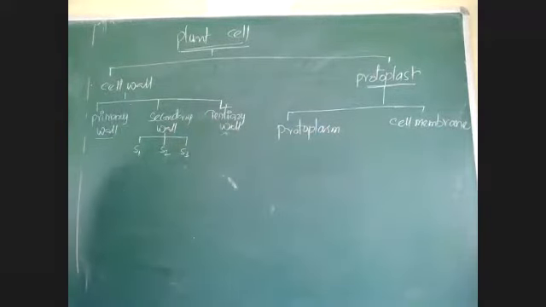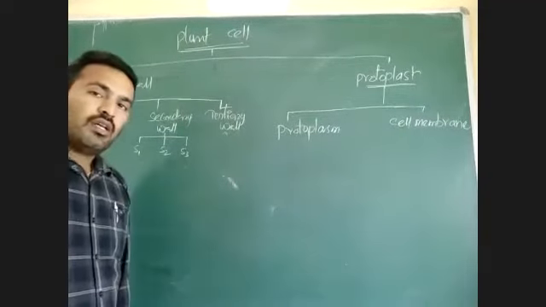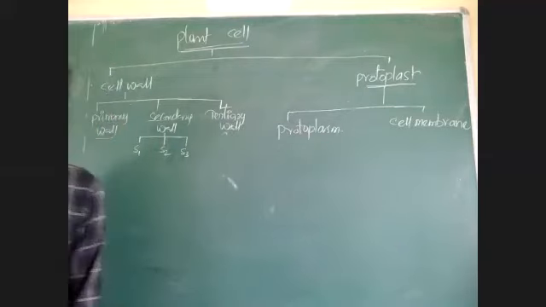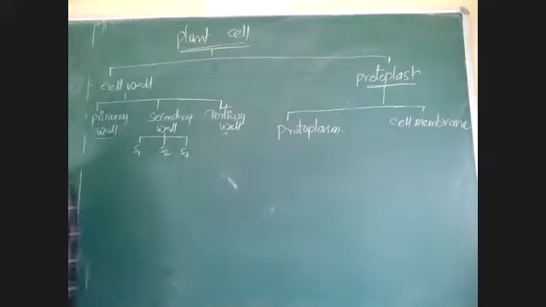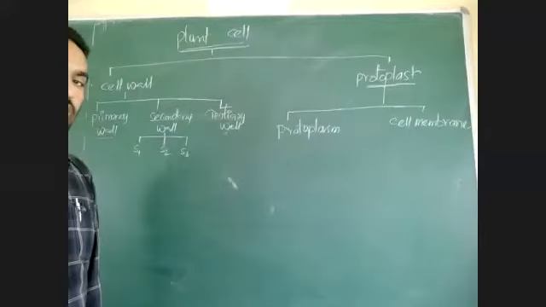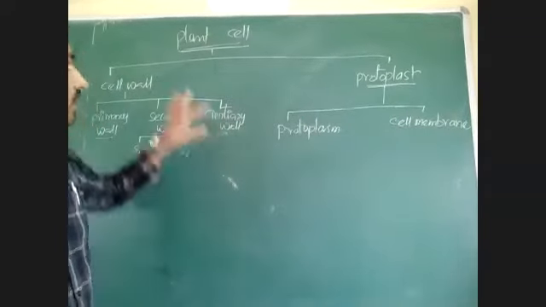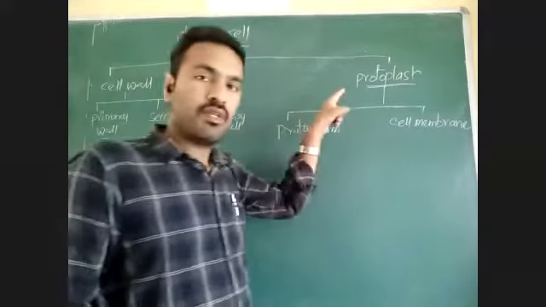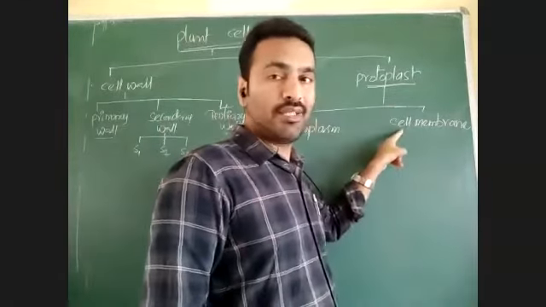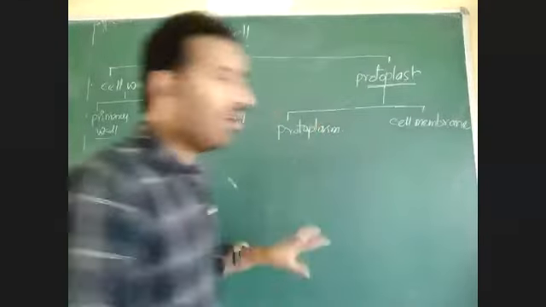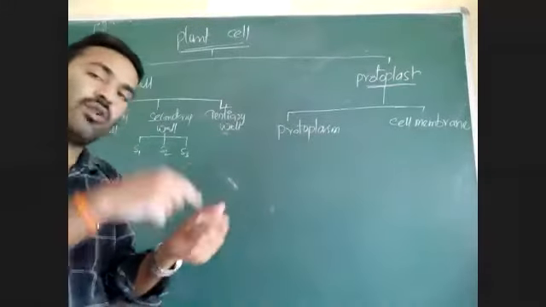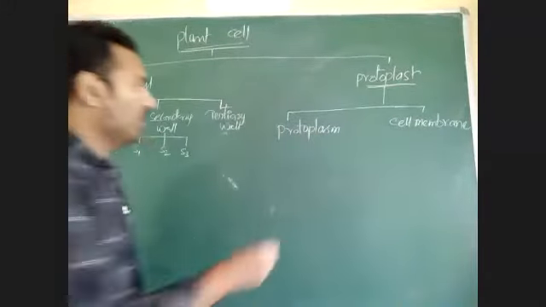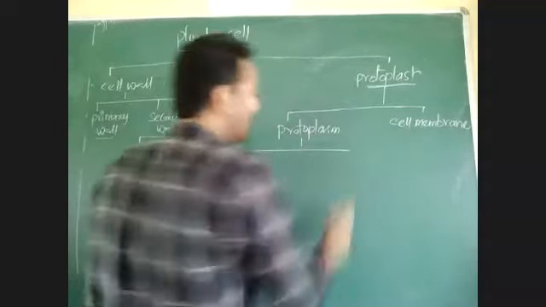Who found the protoplasm? Protoplasm is the jelly-like structure which is present inside the cell. First, it was called sarcode by Dujardin. Then Purkinje named it protoplasm. So the outermost part is the cell wall. Except for the cell wall, the total cell is called the protoplast. In that protoplast, the outer layer is the cell membrane. The remaining parts, such as the nucleus and vacuole, are called protoplasm.